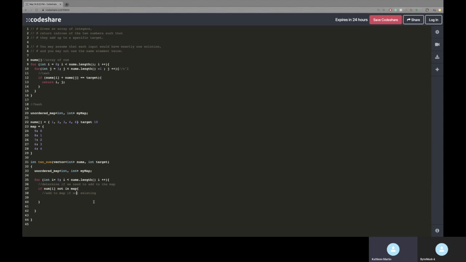All right, so then we're going to add to the map. We're going to say map, and we're going to take the complement of this because we're making a map of complements. So nums I. Nope, that is incorrect spelling. Is going to take I, the index you're at. So we're going to end that if statement. And then otherwise, if it is in the map, then we want to return